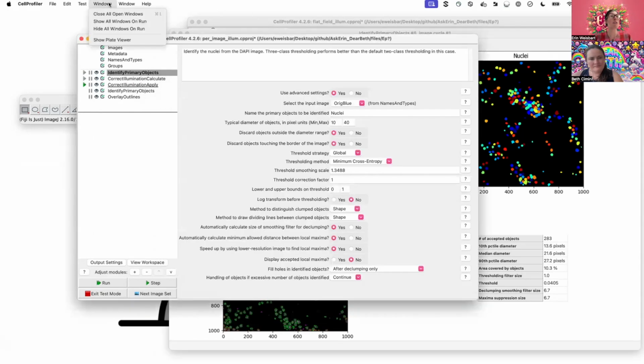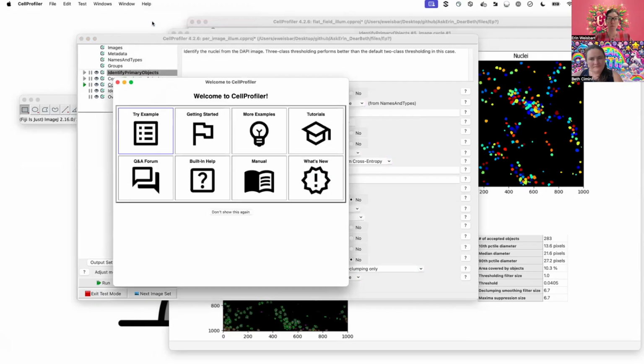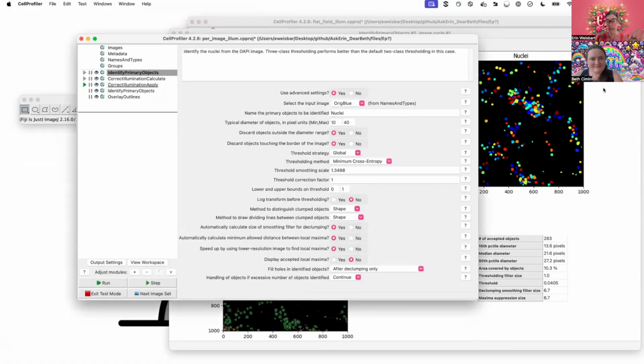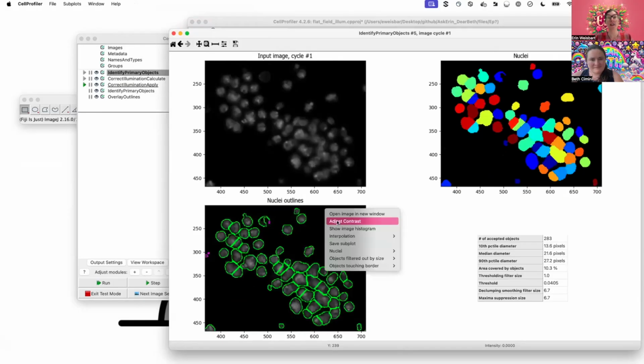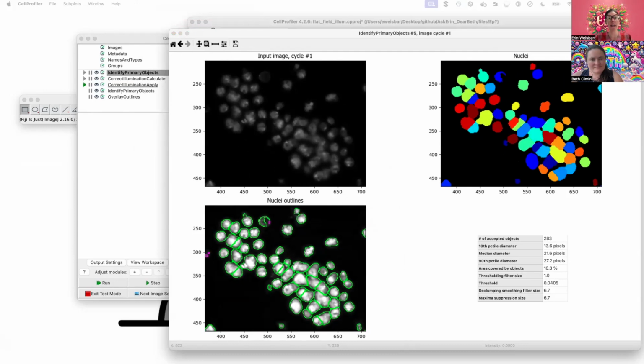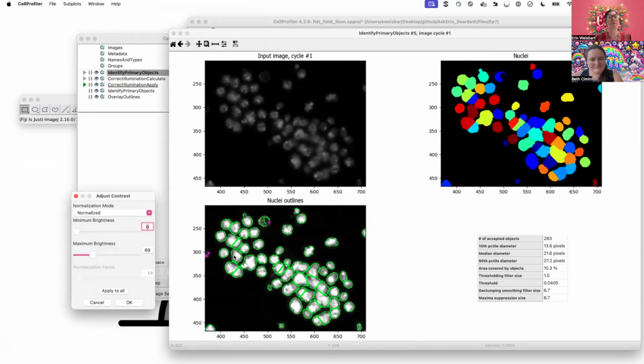So if we go to help, show welcome screen and click on try example, it will load these images and an example pipeline that has these settings for identifying these objects in the nuclei. I'm going to focus in on this region, and I'm scaling the contrast a bit. And if I see these defaults, well, quite a bit, I see like